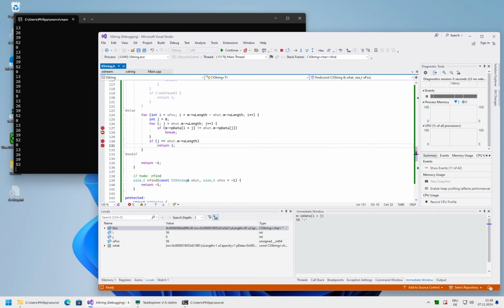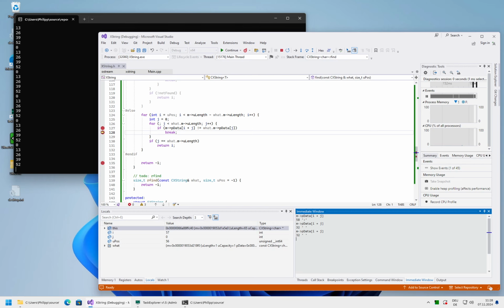Just put breakpoints everywhere. Okay, now this is also fine, 0 and 1. This will not match. Let's put a breakpoint here so that it's faster. Okay, value 5. So this is the last which should not match, and the next one plus 1 should match, should give us \n.